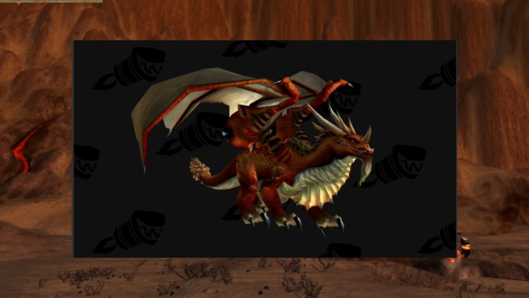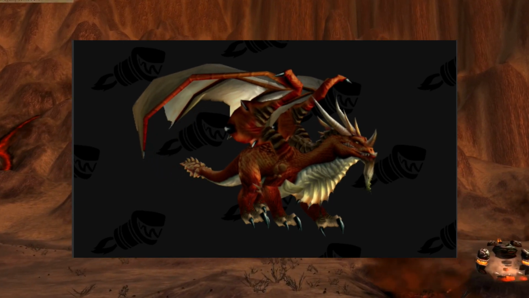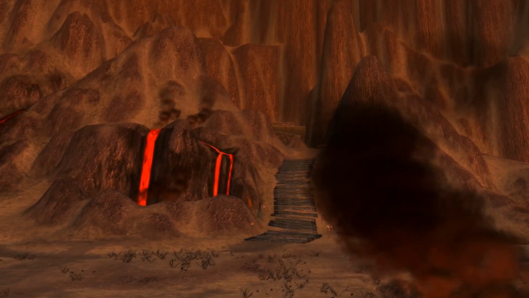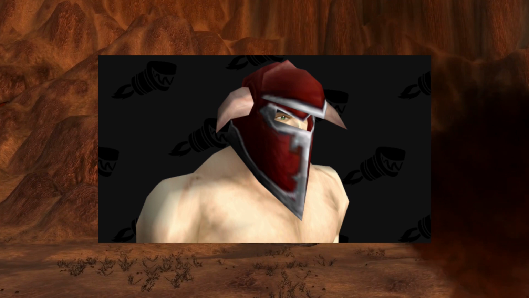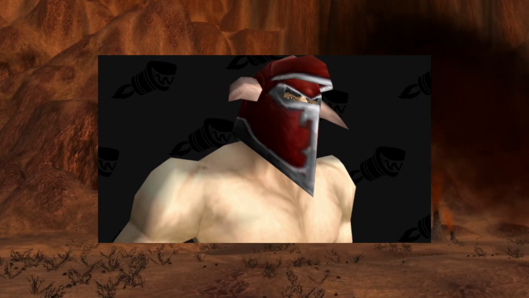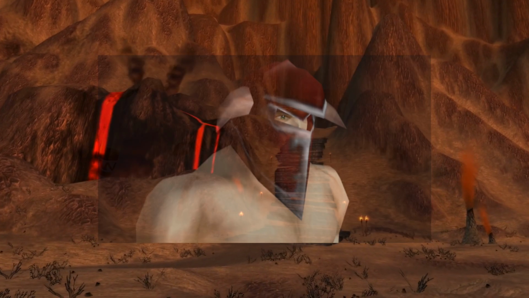Yeah, so moving forward on to Vaelastrasz. Vaelastrasz has some nice items. He's going to be dropping the tier 2 waist, as well as the Helm of Endless Rage. The Helm of Endless Rage is a pretty good item. In my opinion, this should be kind of aimed towards...